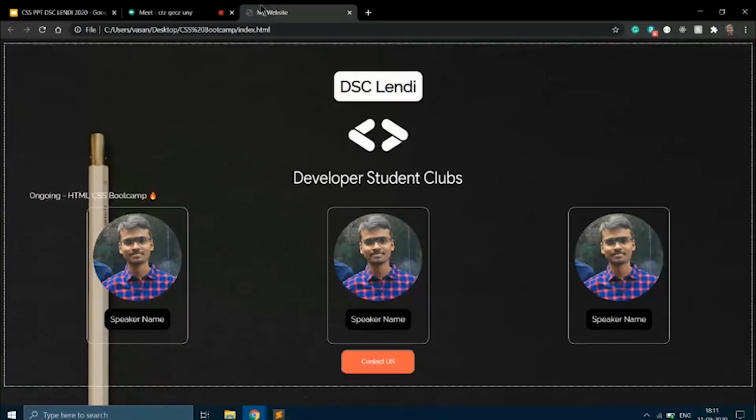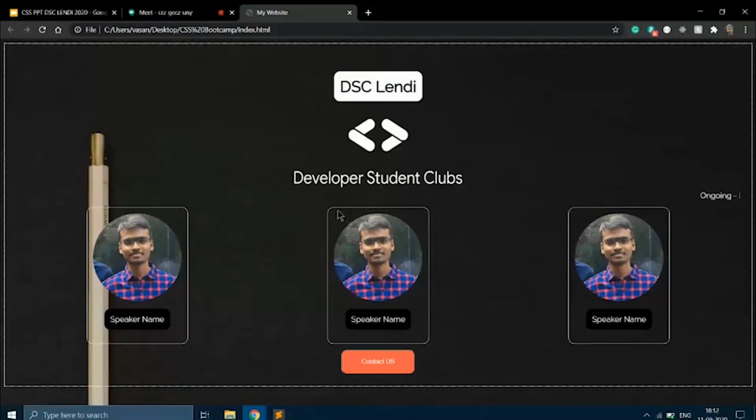This margin is there, right, between the speaker name and image, that border line. I want to change only that color, the background color of only that one, not the whole one. Okay, you want to change the color of this border. Here DSC Lindy is there, no? Can I change that background also with the same code? Yes, you can change it.